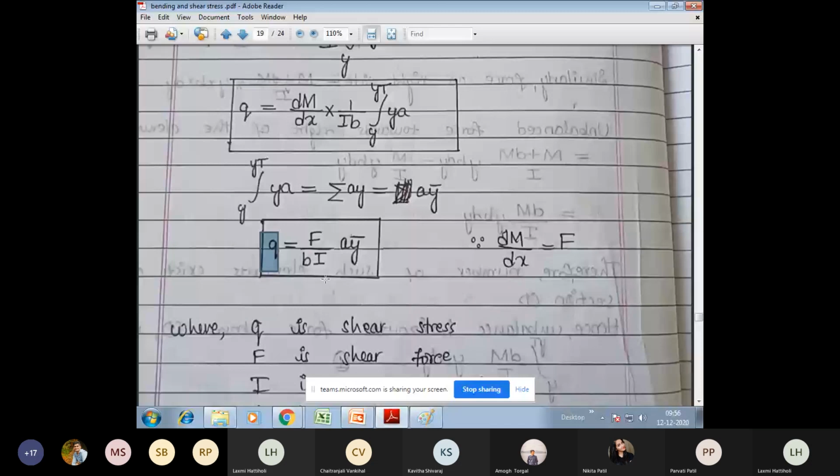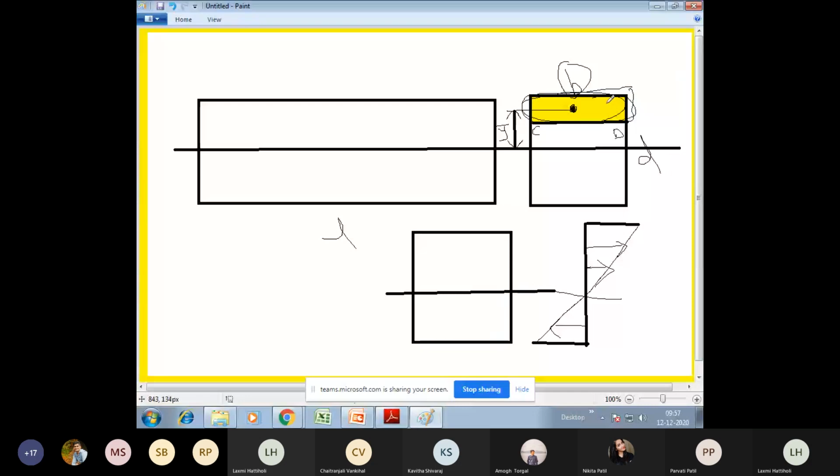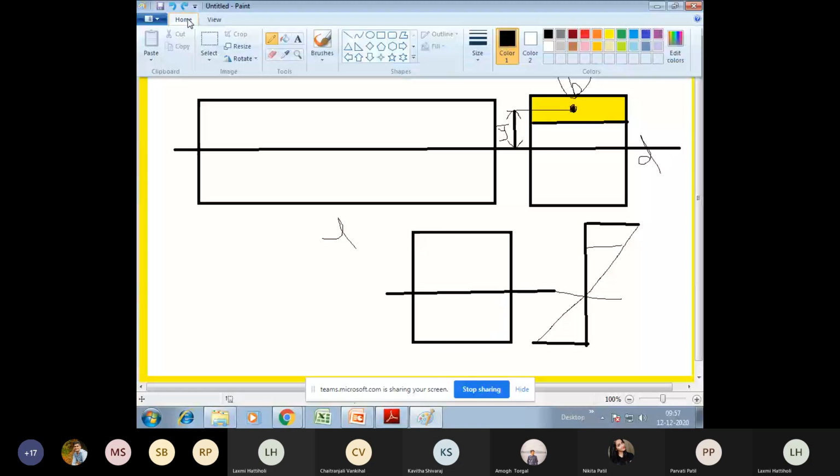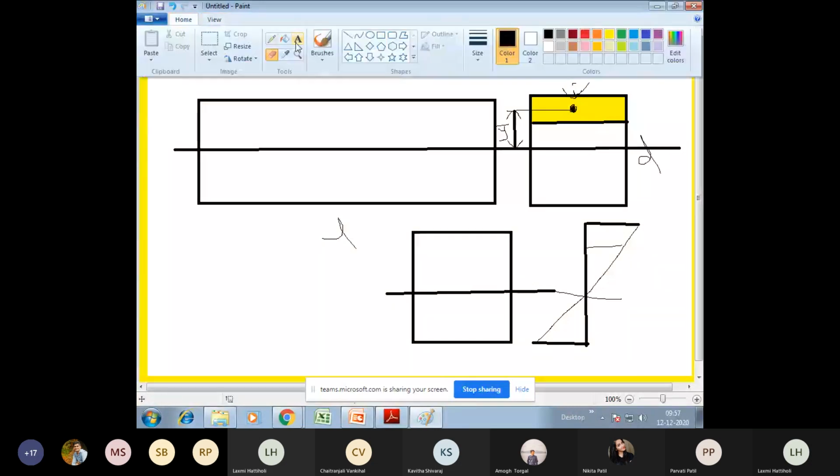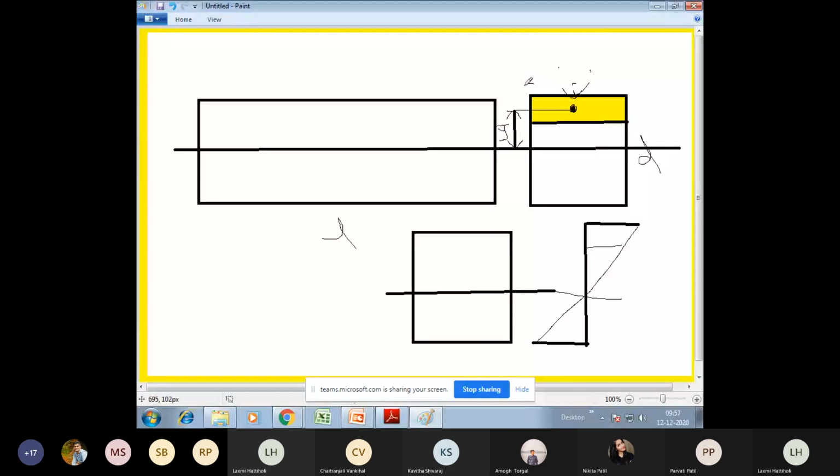Okay, listen to me now. So you say that the area is maximum at the top, but listen to this. According to you, the shear stress is maximum at the top. In the sense, if the shear stress is maximum at the top, my CD is somewhere here. According to you, this is my CD. Am I correct? If my considered layer is here, can you tell me, do you have any area above CD?